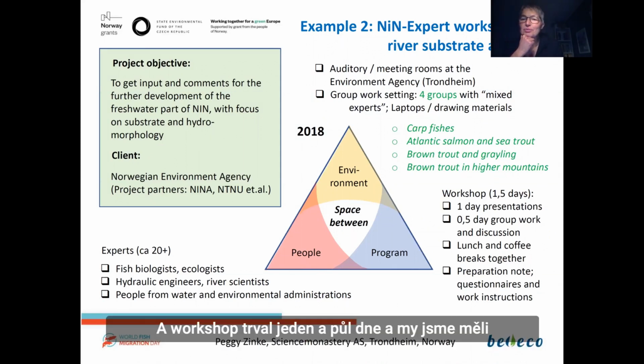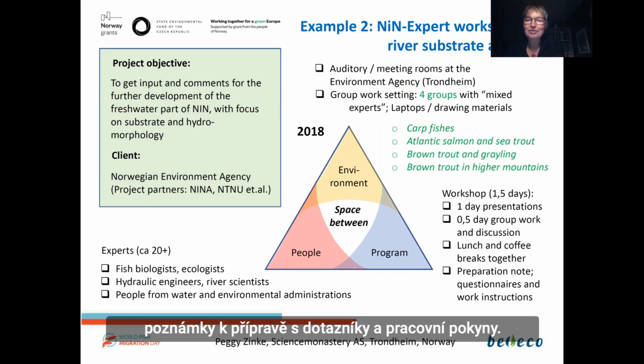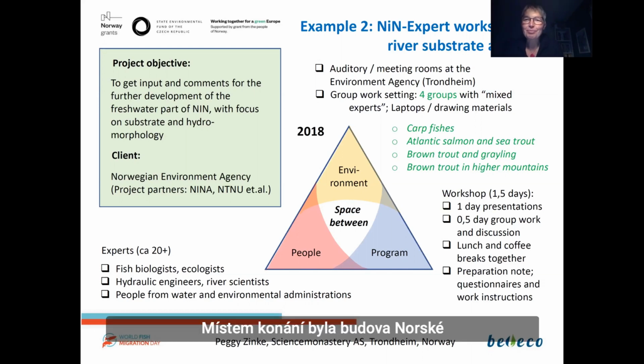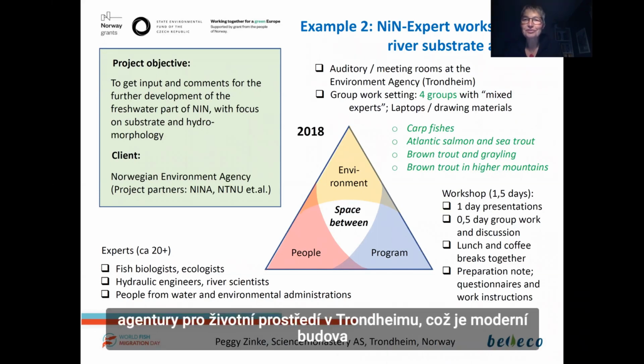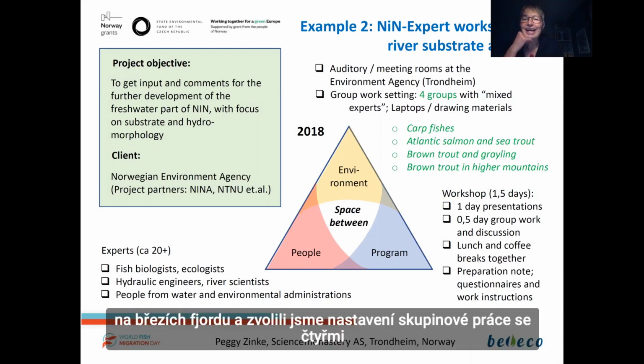The workshop lasted for 1.5 days, and we had half a day for group work and discussions. In between, we had lunch and coffee breaks together, and we had prepared a preparation note and questionnaires and work instructions. The venue was the building of the Norwegian Environment Agency in Trondheim, which is a modern building with nice group rooms located at the shore of the fjord. And we chose a group work setting with 4 groups,